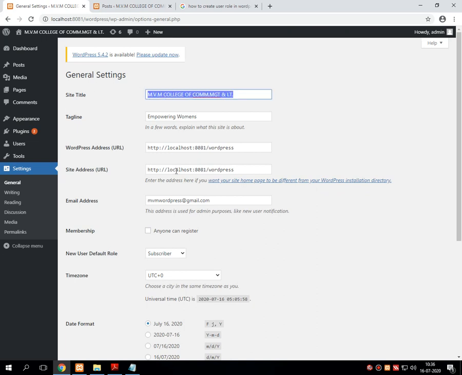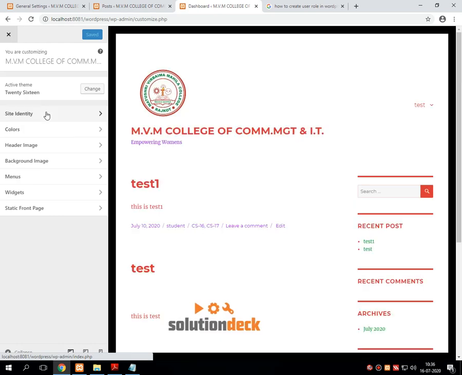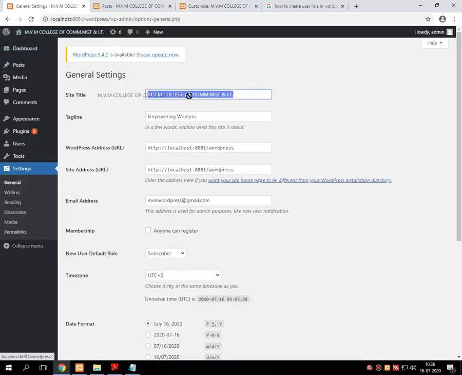In that, first of all, we can directly set the title of our website from here, which we discussed in our previous lecture by customizing the website. Under the customization of the website, in the site identity, we can change the site title, which can directly be done over here.